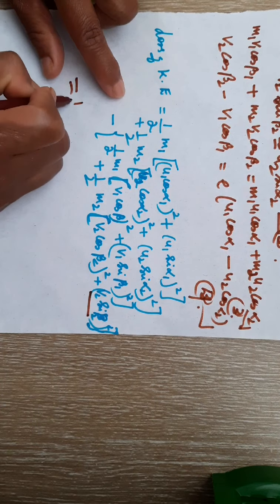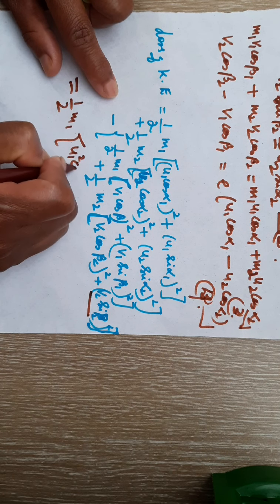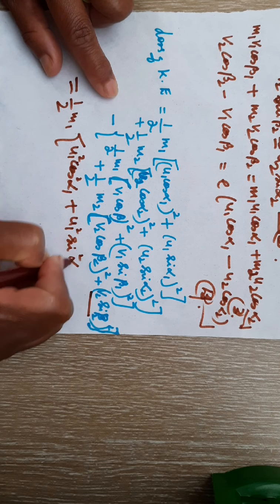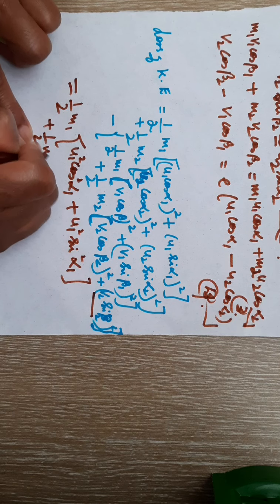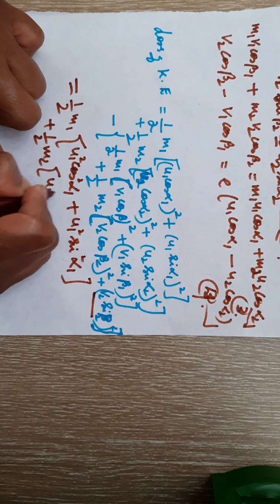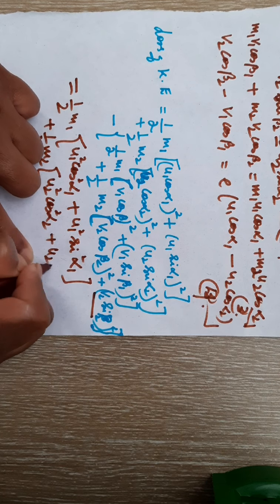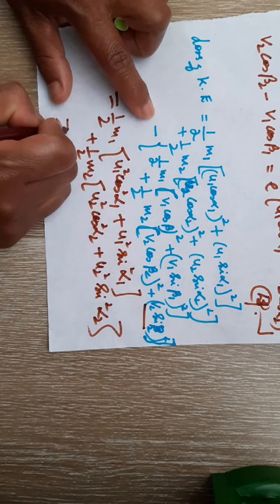So it comes out to be half m1 into u1 square cos square alpha 1 plus u1 square sin square alpha 1, then plus half m2 into u2 square cos square alpha 2 plus u2 square sin square alpha 2, minus